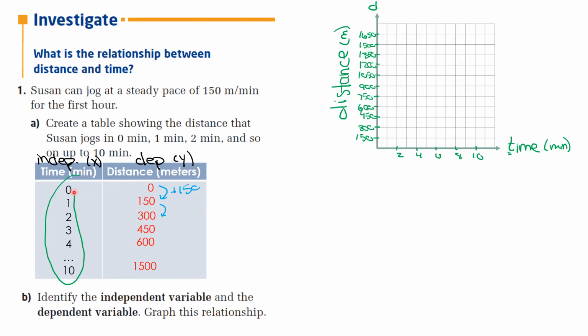Now we're going to put these points on 0, 0. This is important. It's always really important to figure out when your independent variable is 0, what's your dependent variable? It's not always 0, but this one is. So this means that before the time has started, she hasn't run anywhere. So I put a dot there on 0, 0, and then the next one will be 1 and 150, 2